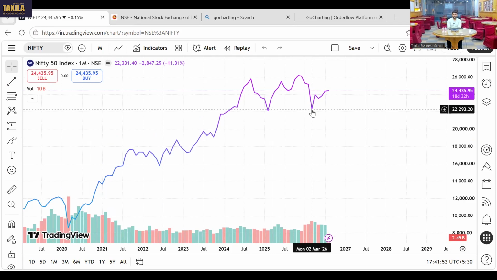Can you just write it down in the comment chat box? What's the price of the Nifty on the right hand side? And date as well on the downside. You can observe the date as well on the downside. Can you see one date on the downside in the black box? Okay, so the price is 22,293.